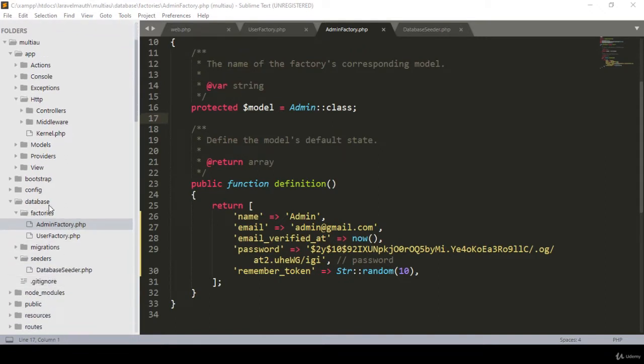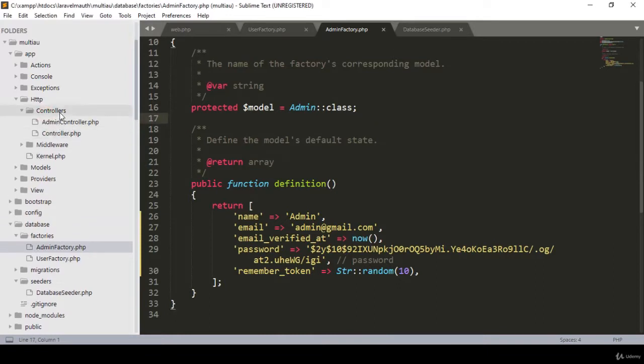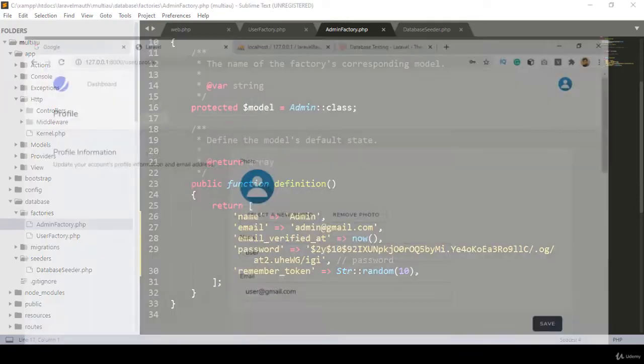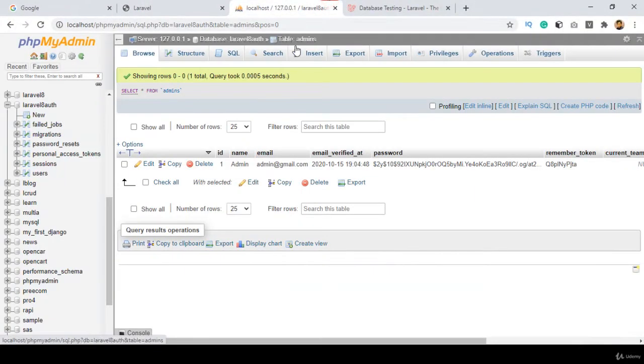In our previous video we successfully created one of the factories, and also the model, that means the admin model. We also created an admin controller, right? And we can see all the data in our database table. So that is our database. I have created a table named admins, and in the admins table I see all the data,